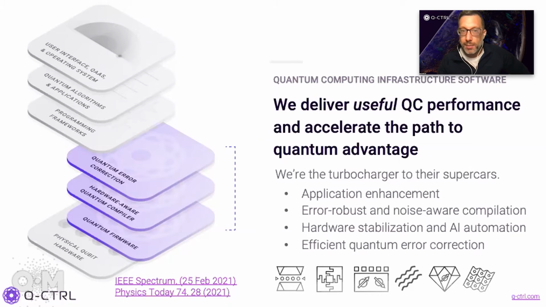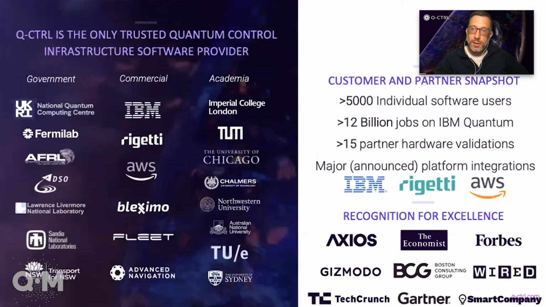And of course, like many other companies who are active in the field of developing practical quantum error correction, you can read about some of our work in that in IEEE Spectrum that was just published yesterday. And quite importantly, our tools are technology agnostic. We provide everything from the quantum firmware, which touches the control electronics, all the way up through compilation and quantum error correction in a way that works across the different modalities that you've heard from today.